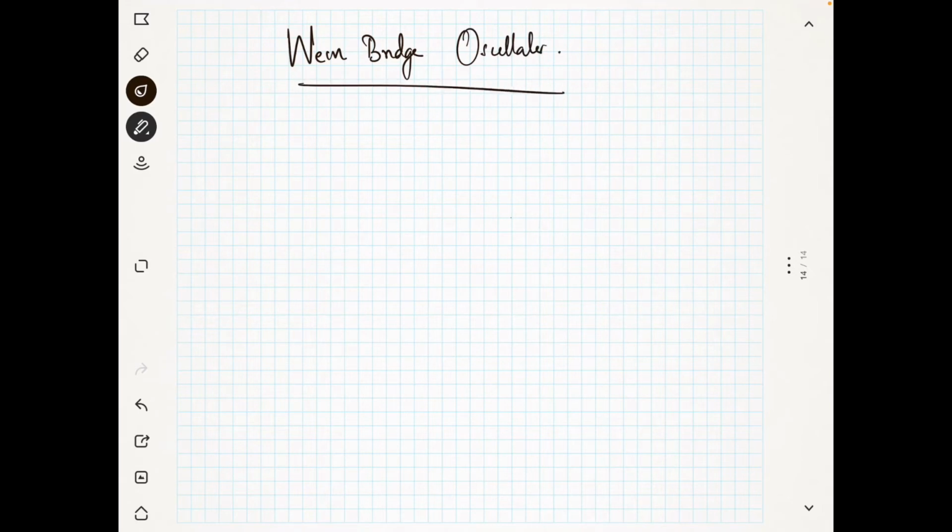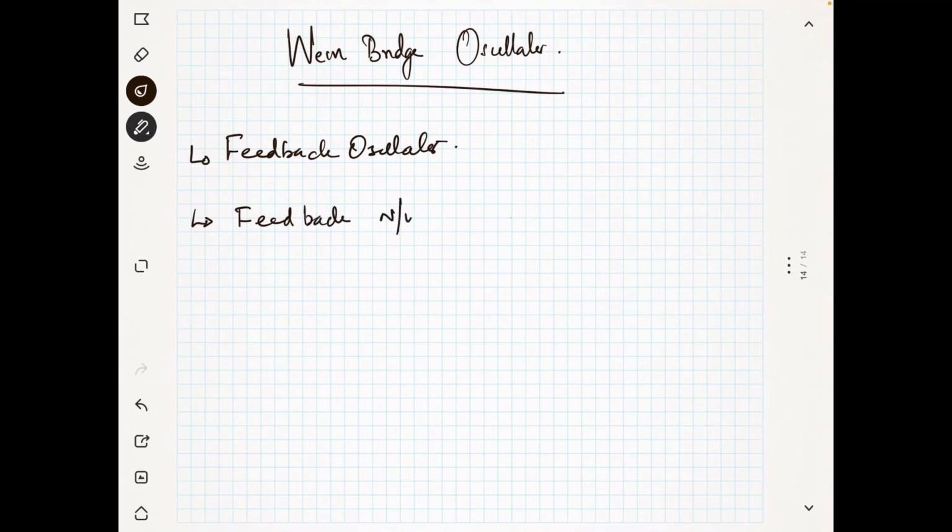So it is a feedback oscillator. And you have to remember this feedback network is nothing but an RC network,